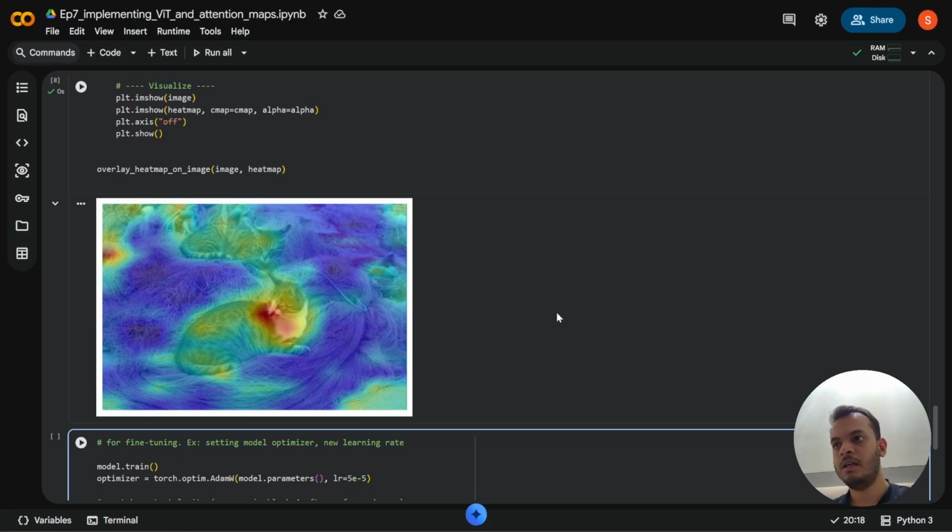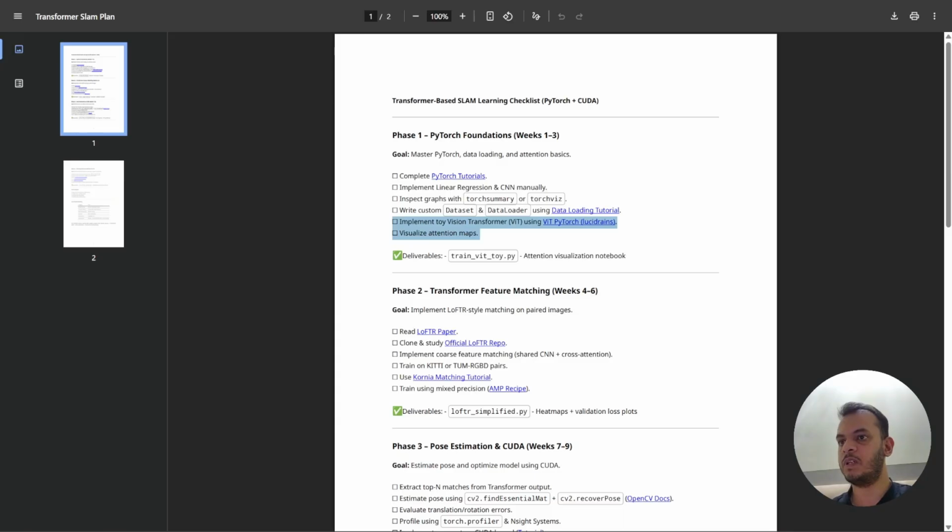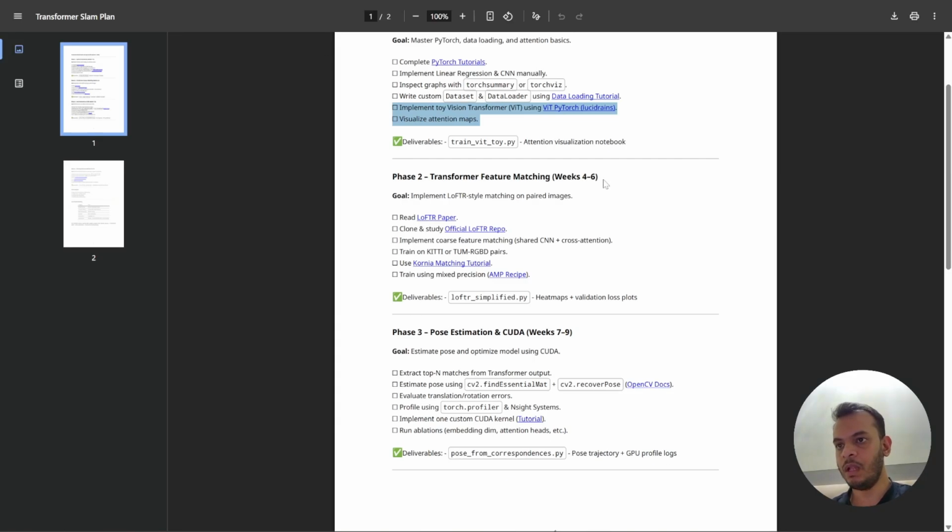But from next week onwards, we will be trying to look at feature matching. Since we are already done with visualizing attention maps, getting vision transformers up and running, next what we have to do is the feature matching part, because that is really necessary for SLAM, and that's the part where we are trying to replace it with our transformer based neural network. So we'll get into that,